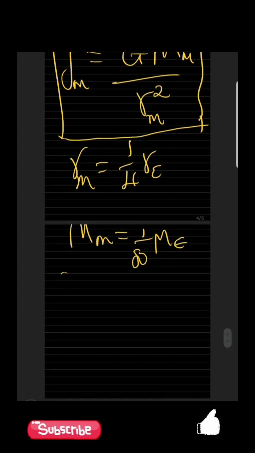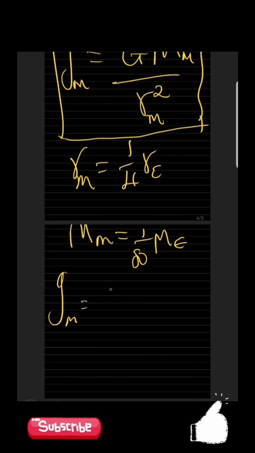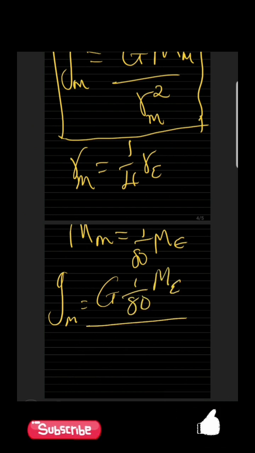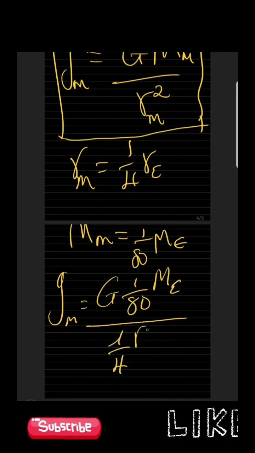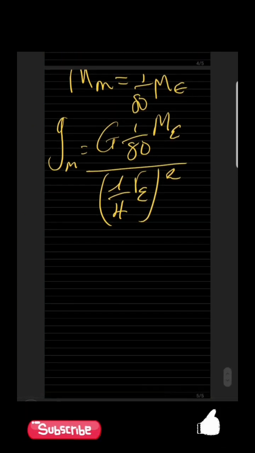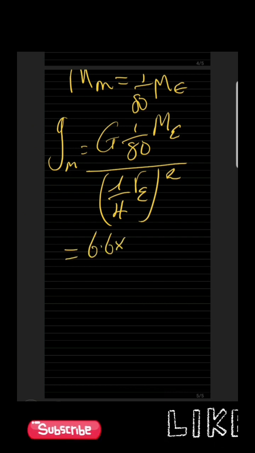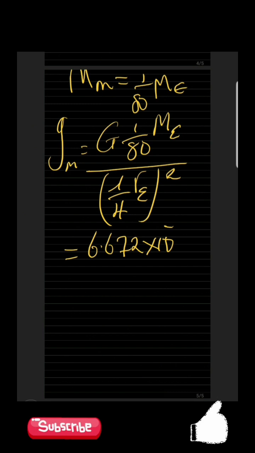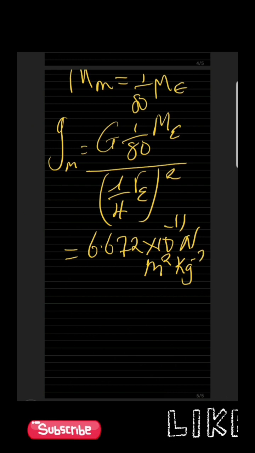So from there we can say that the acceleration due to gravity on the moon will simply be equal to Newton gravitational constant, we know it, mass of the moon is 1/80th mass of the earth, all divided by radius of the moon, which will be 1/4 radius of the earth, all that squared. And from there you can substitute. The Newton gravitational constant is 6.672 times 10 to the negative 11 Newton meter square per kilogram square,